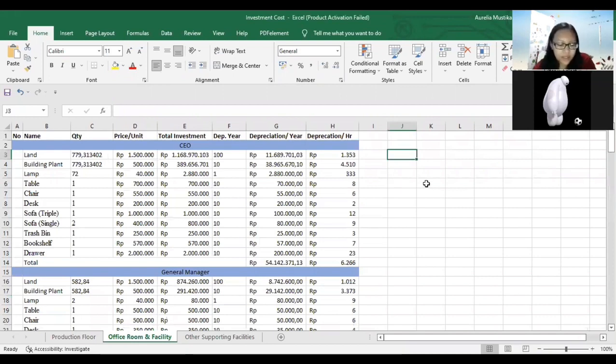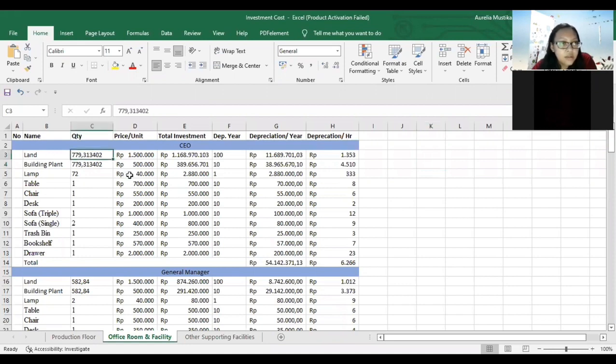Okay, Aurelia, and now I will continue about the investment cost, about the office room and facility. There are name, quantity, price per unit, total investment, debt year, depreciation per year, and depreciation per hour. The first one is land.